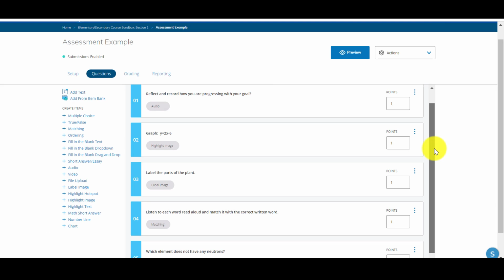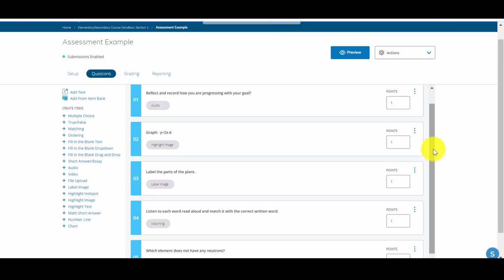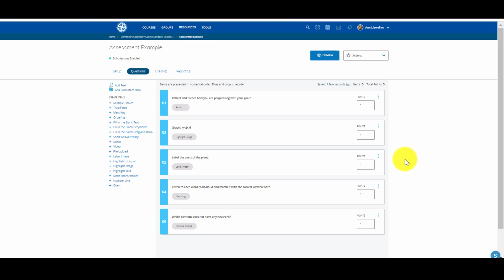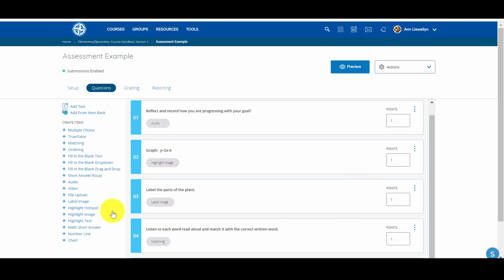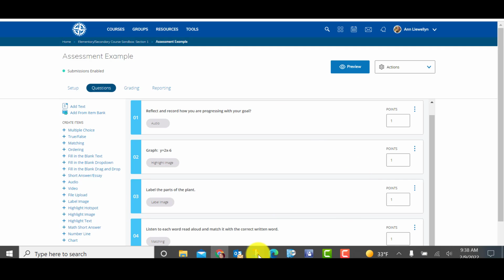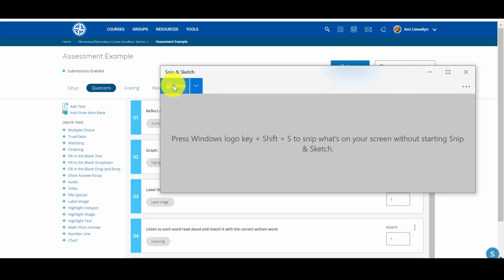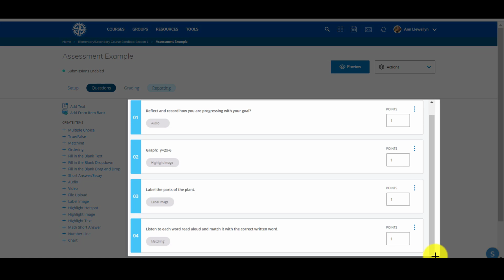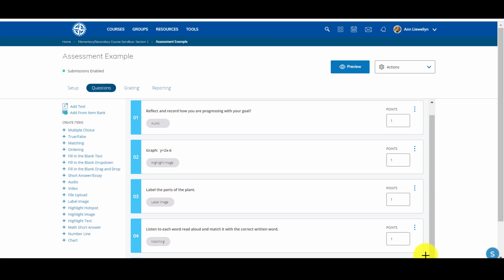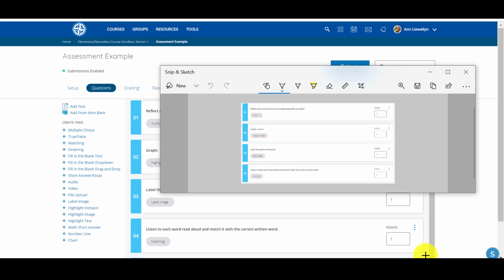You only need 4. I made 5 as an example. So you can make sure you can see them all, and then you're going to take your screenshot of those 4 that you made. I'm going to use the snipping tool. New. And then I'm just going to take a screenshot of those questions, save it to my desktop, and upload it